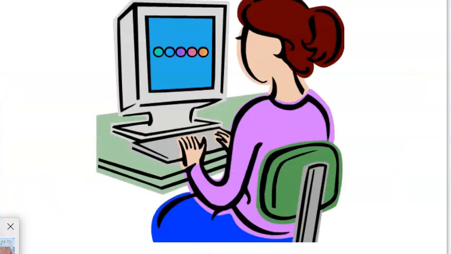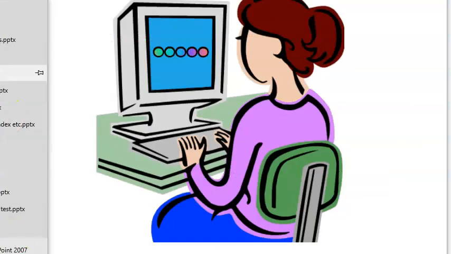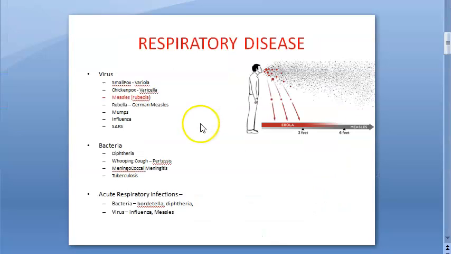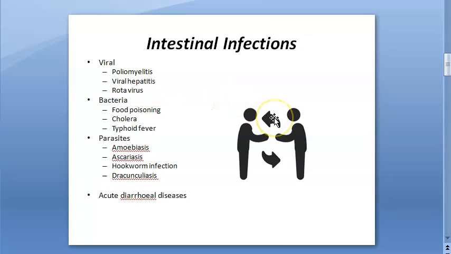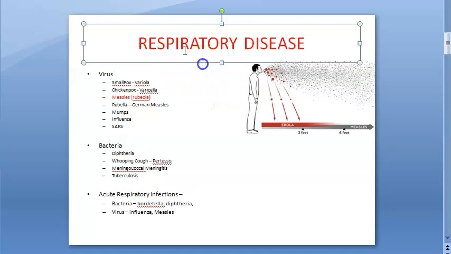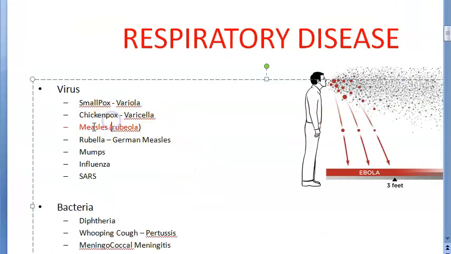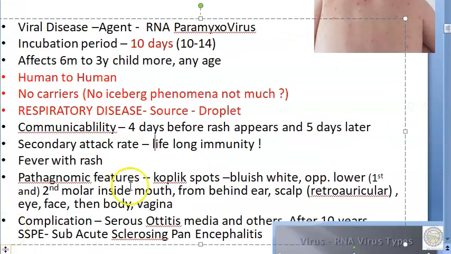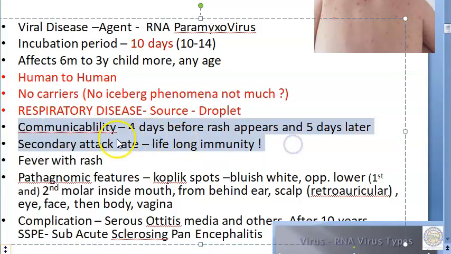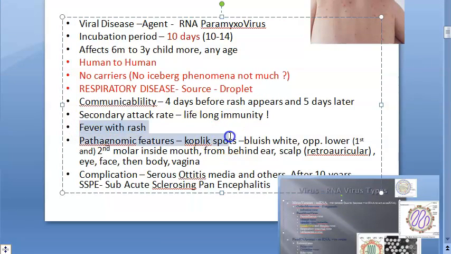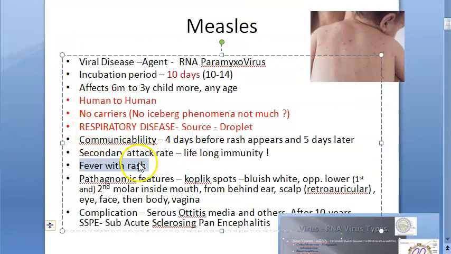So you remember, right, in communicable diseases, we have seen respiratory diseases and we have seen intestinal infections, skin and all that. In respiratory, under viral infections, measles is there, right, rubeola. So that is what we are looking at now. Communicability. Then it gives lifelong immunity, looks like. And this is a fever with rash. There are so many fevers with rash, right? So you should be able to differentiate from other conditions. We will come to that.